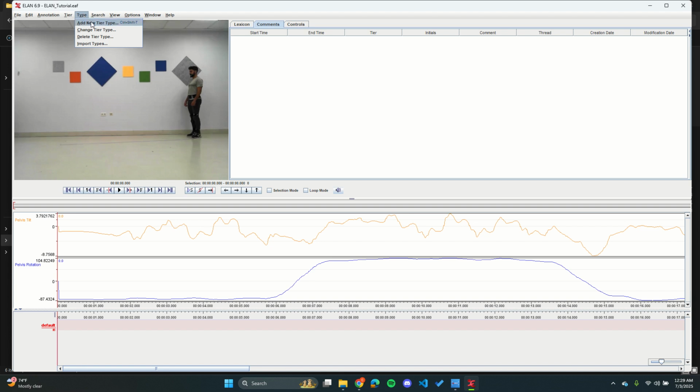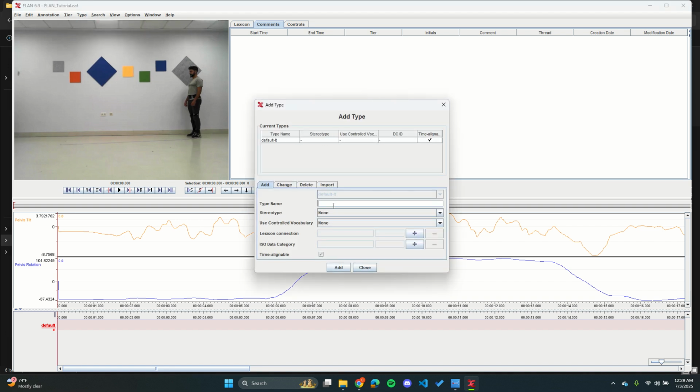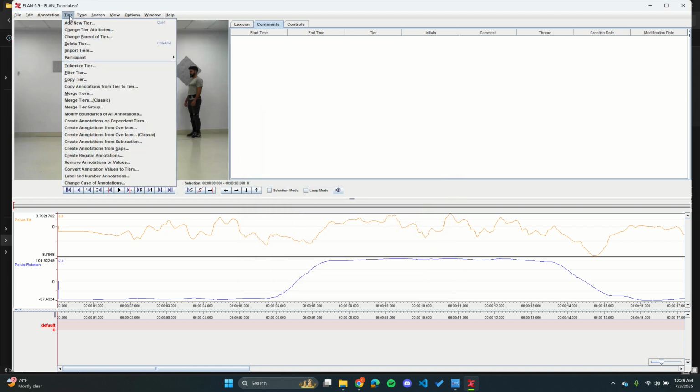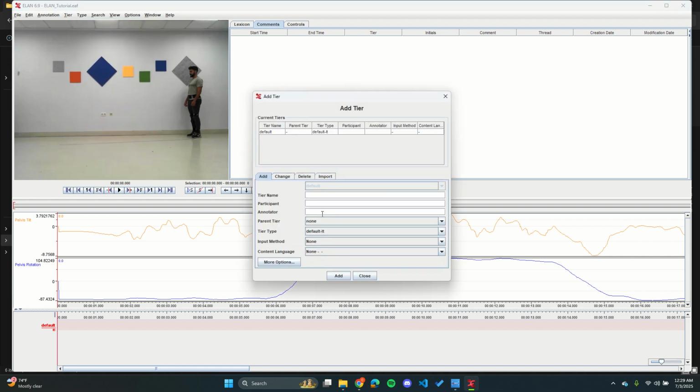I'm going to go type, add new tier type, type name. Let's do movement. And I'm going to use this controlled vocabulary. Press add. I'm going to new tier. It's right here. And I'll just call this